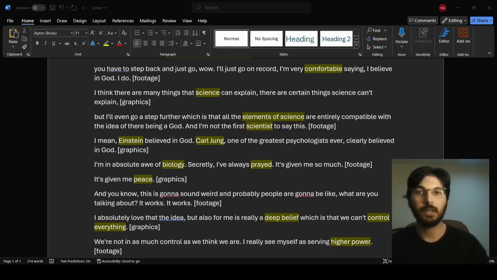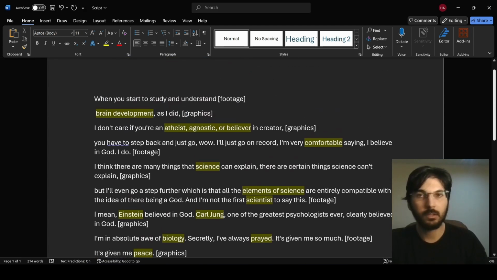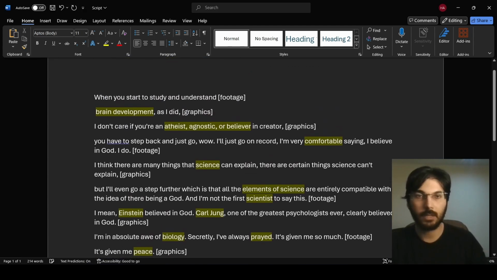Now, you can also decide in this same process step where we need to add some transitions. Sometimes you can add transitions between two clips, and sometimes you don't think it's necessary to do that. So you can do it in this part right here. You can decide what exactly the transition is going to be. So for example,